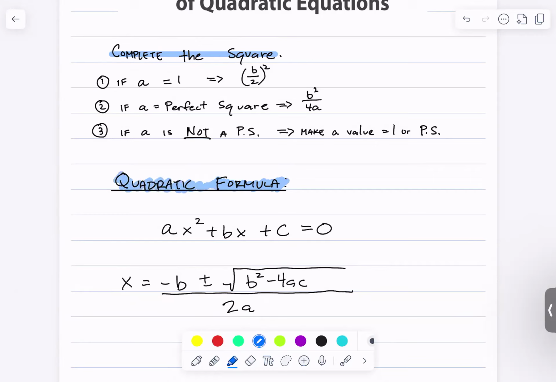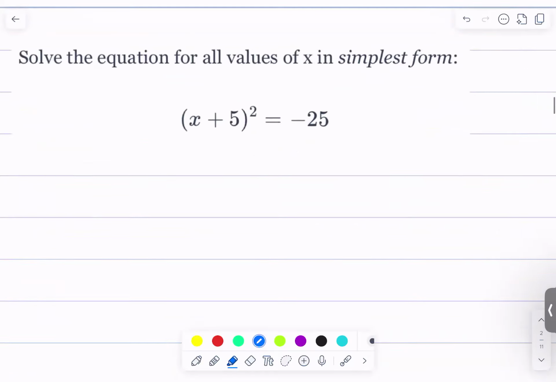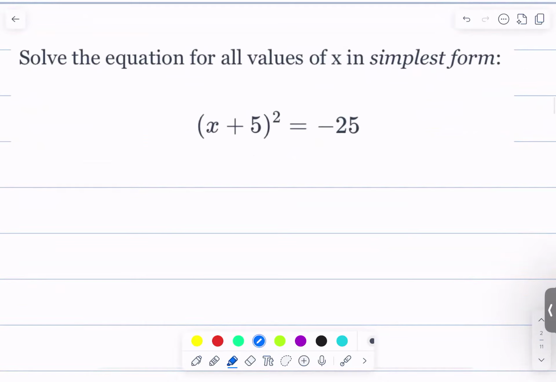All right, so completing the square or the quadratic formula, or if it's nice and neat and already good, we're just going to take the square root. So here is our first example: x plus 5 quantity squared equals negative 25. Our first step here is to take the square root. Once we take the square root, then it's x plus 5 equals the square root of 25, which is